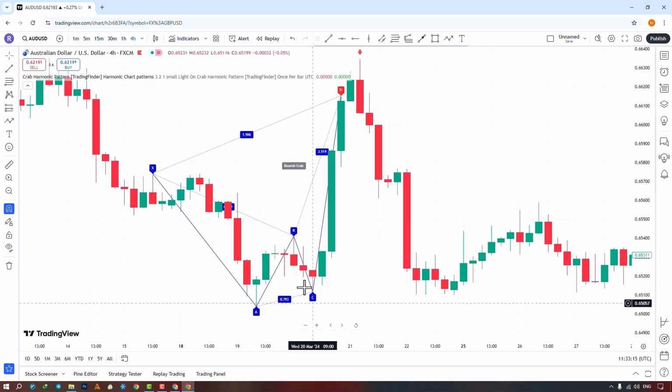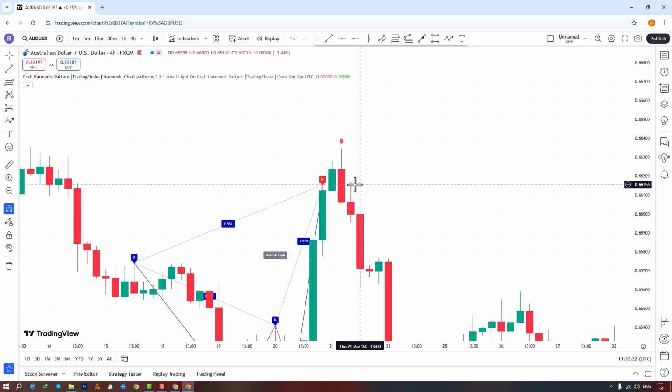In the settings section, there are input options available for us. In the first part, you can change the settings for your zigzag period, which is set to 3 by default, and by changing and increasing this value,